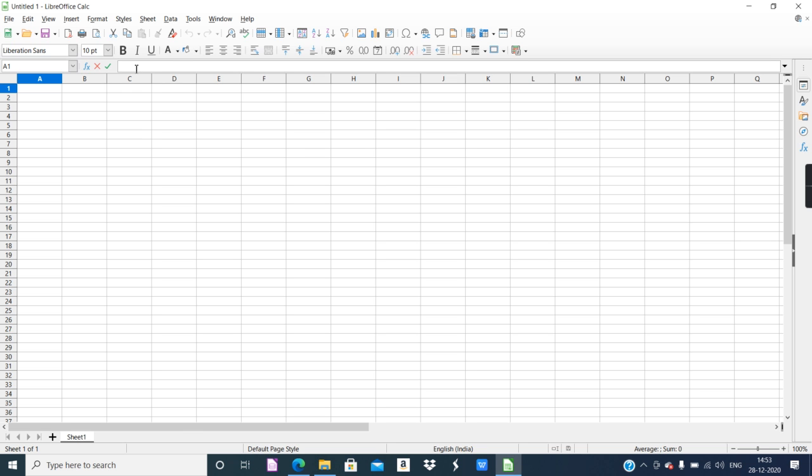Whichever cell you click, whatever content we type in a particular cell is highlighted and shown over here. So that is the input line. As per LibreOffice Calc, this area is known as the input line, and the spreadsheet has rows and columns. Each intersection of row and column is known as a cell, everybody is aware. So these are the single cells.